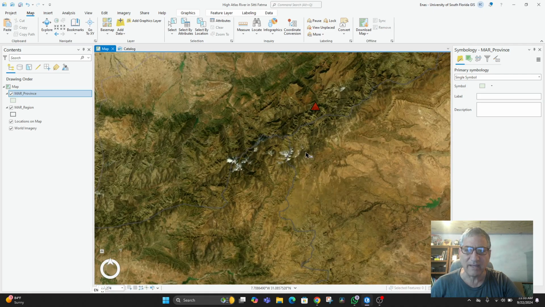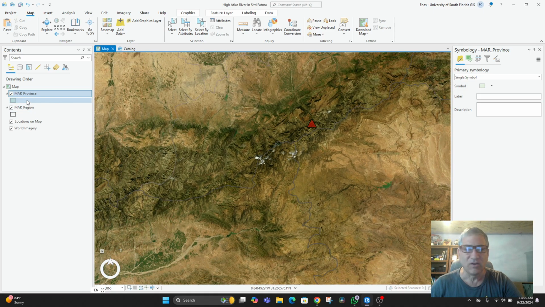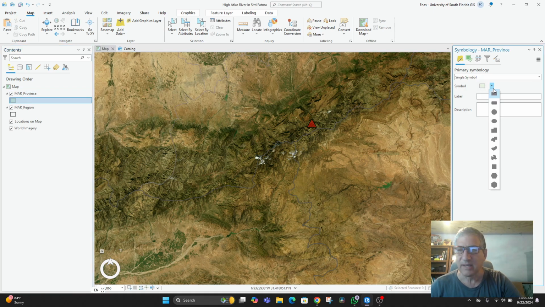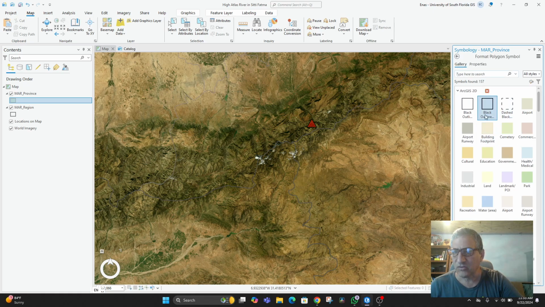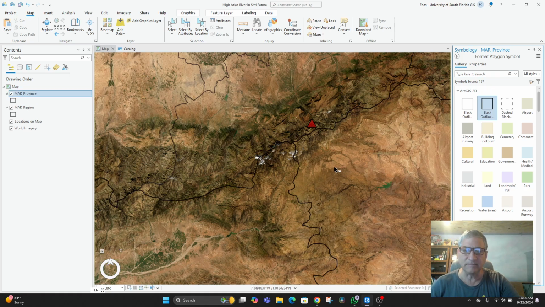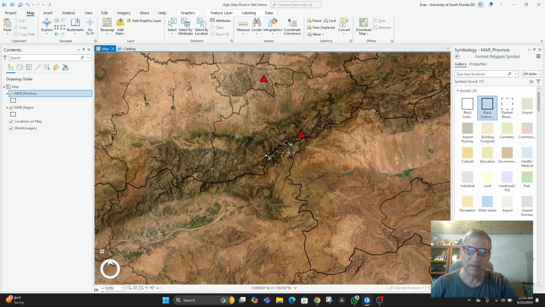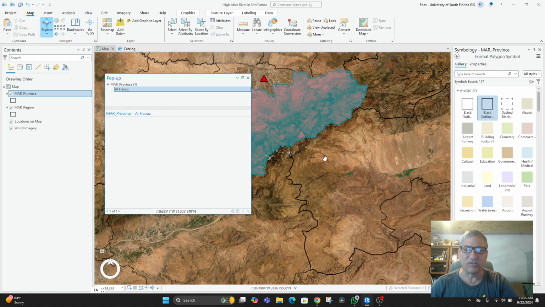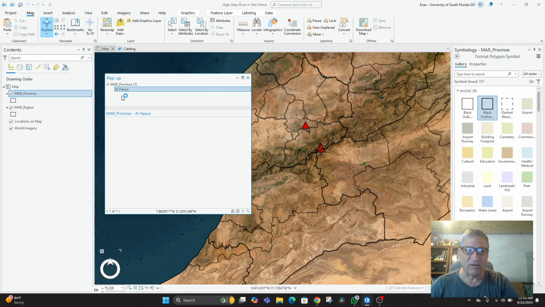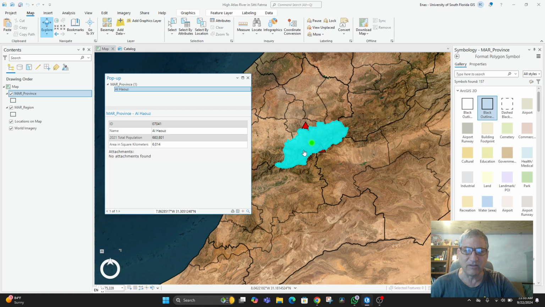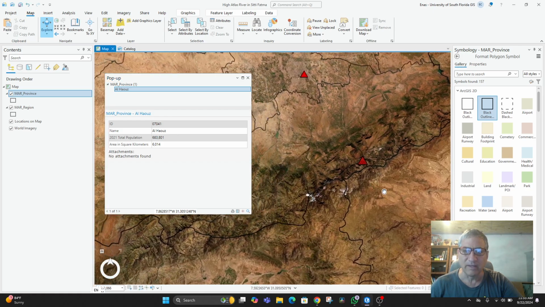And that's in gray, a little harder to see. So once again, let's go into the province boundary and let's get that symbol to also be black. And then when we go to explore, that is the province there called Al-Haus. So we've got these little provinces that are identified, and you can see that where we're going to be working